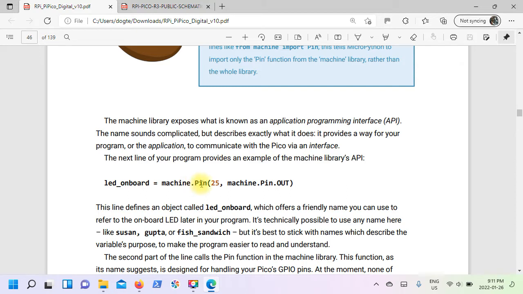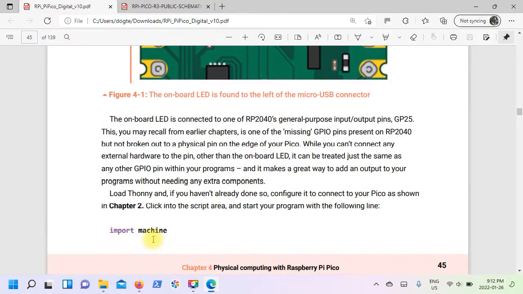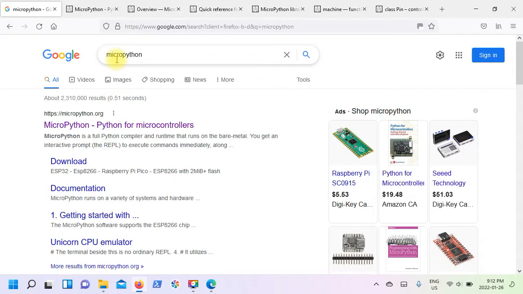We're going to go to pin and 25, and we're going to set pin 25 as an output, machine.pin.out. There's a whole series of libraries available for MicroPython, so I want to show you some documentation. So if you go to your favorite web browser and type in MicroPython, you can see that there is an actual